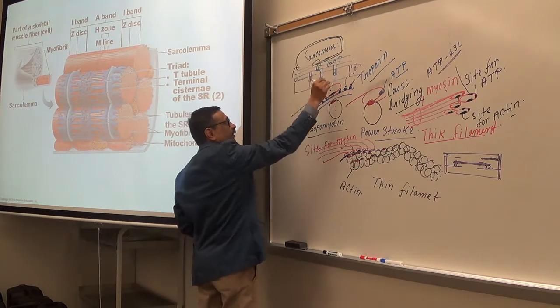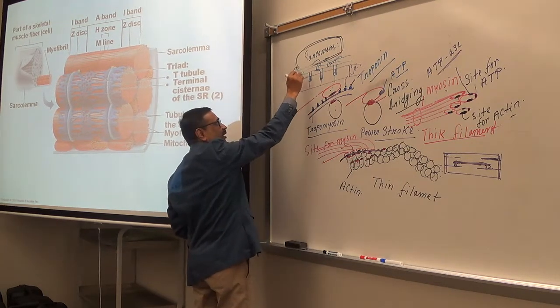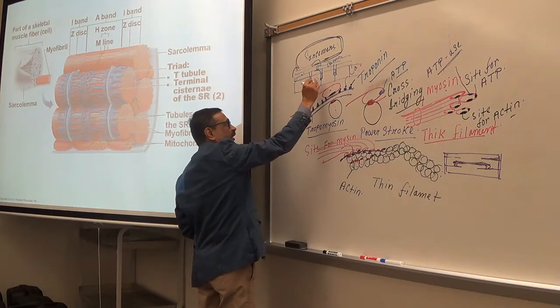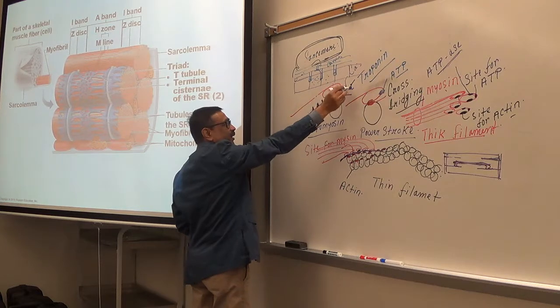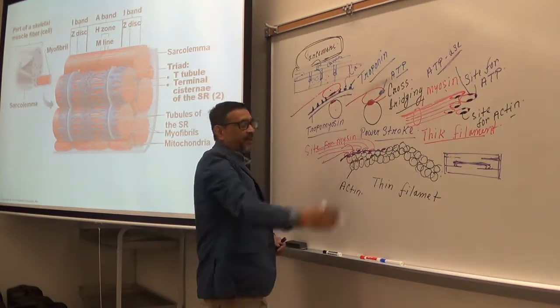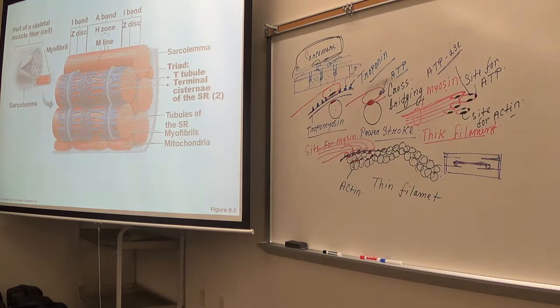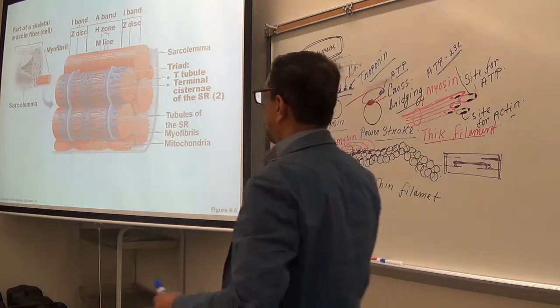Okay? So T tubules, SR, filled with calcium. T tubules will take the calcium to inside, and that calcium will bind with troponins. Okay, so that is the mechanism of muscle contraction, the molecular mechanism of muscle